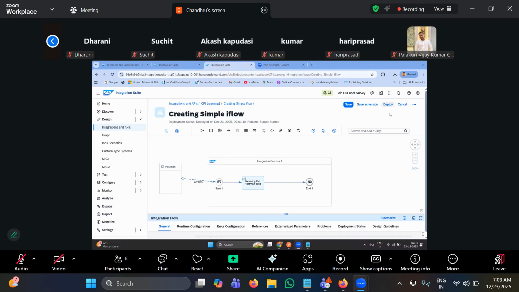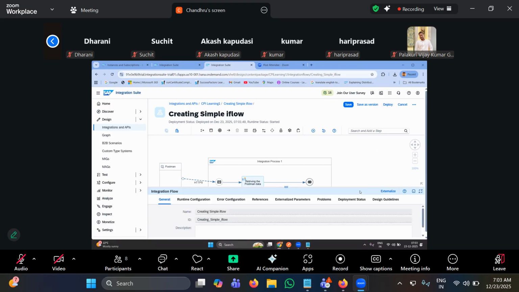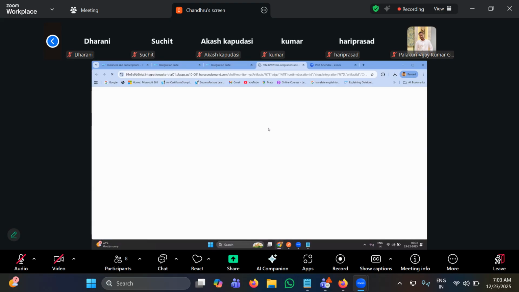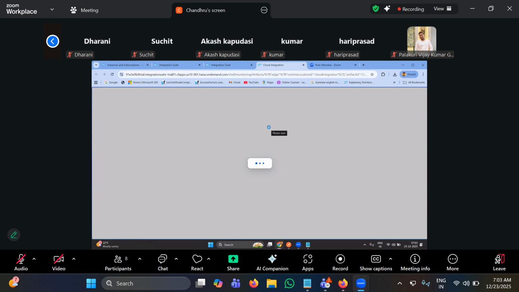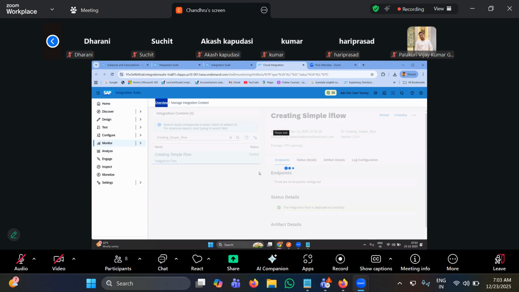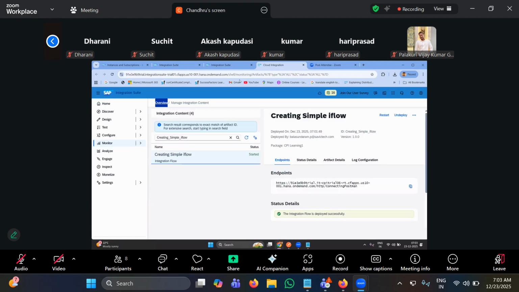After saving this iFlow, I deployed this iFlow. So now you can see the deployment status here. Now I'm navigating to message integration content. You can see this iFlow generated one endpoint address. This is the endpoint address. So now I'm copying this address,